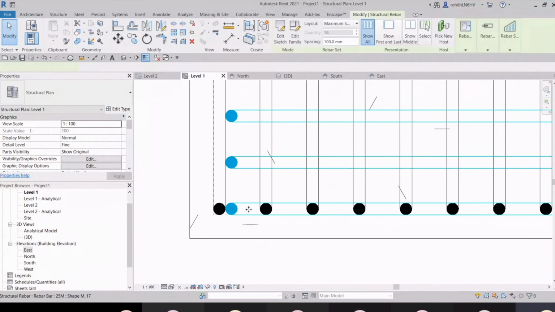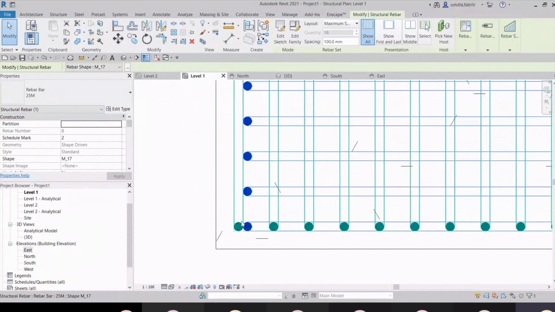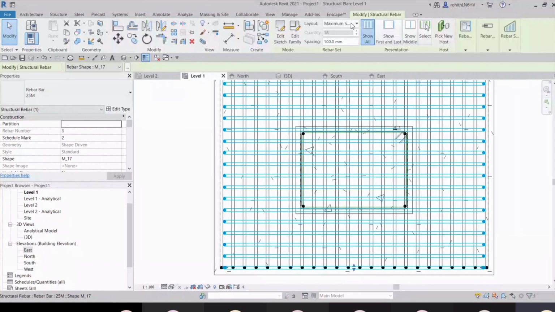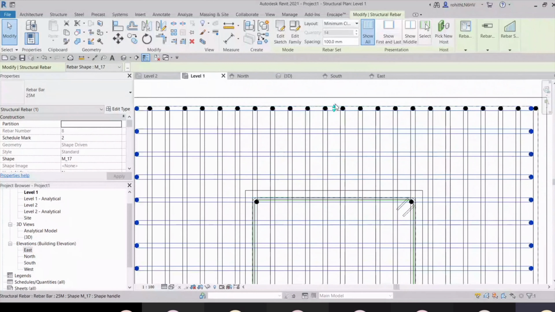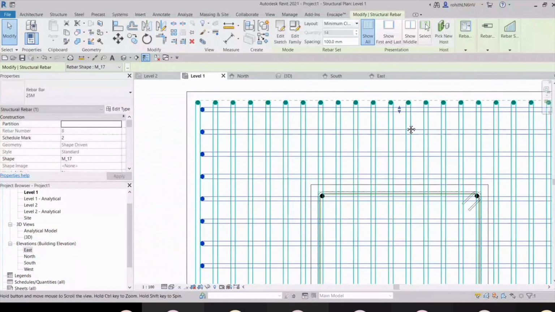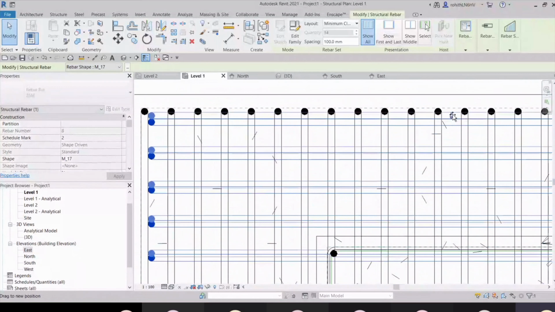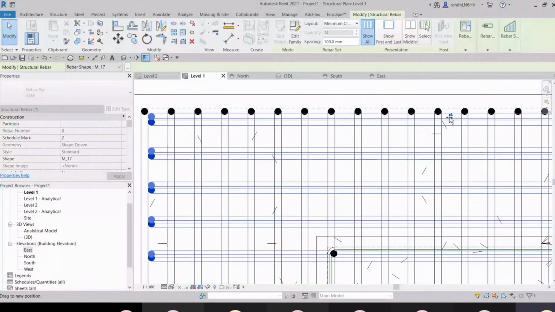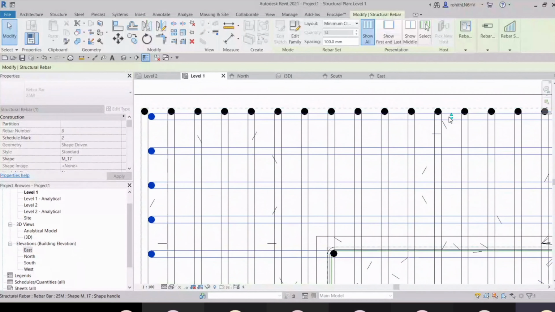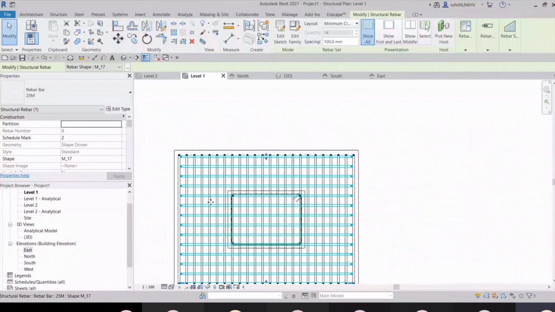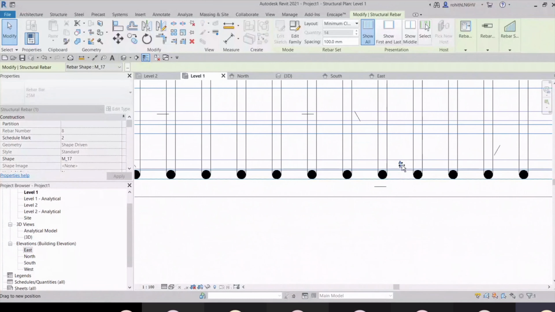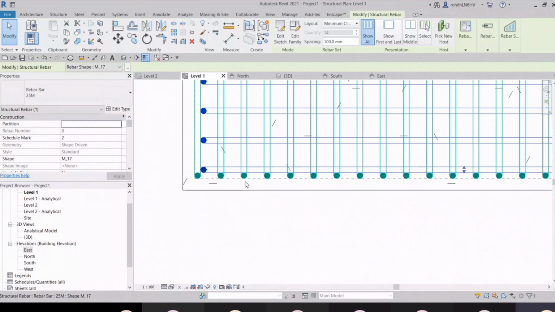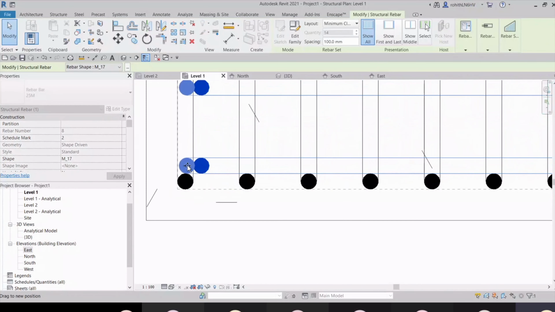So you can go with that, or else you can change the maximum spacing to minimum clear cover. There you can provide this gap. From there you can provide a gap of 25 mm, and increase it to this side. If you're providing that gap, then you can have it till there.